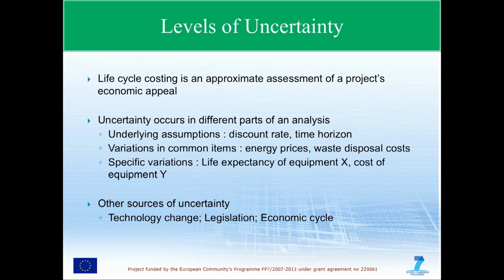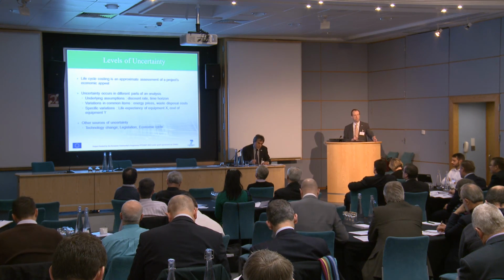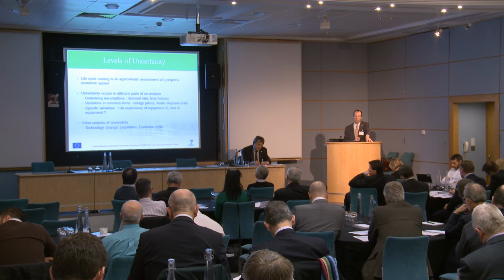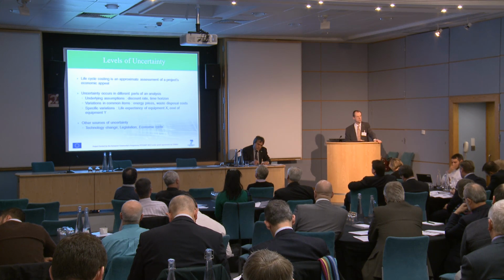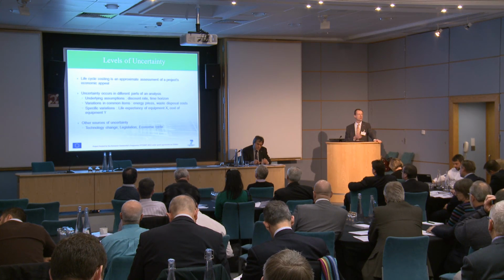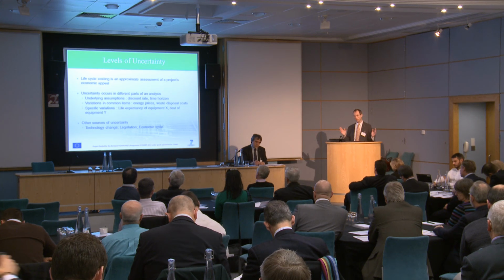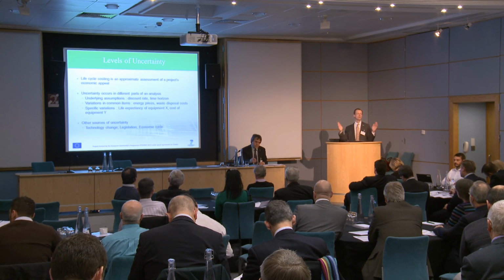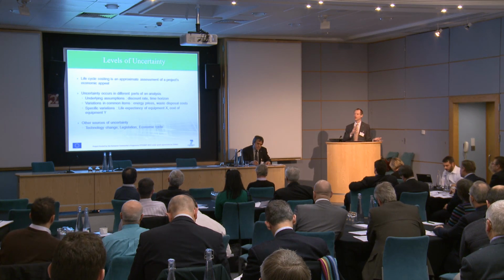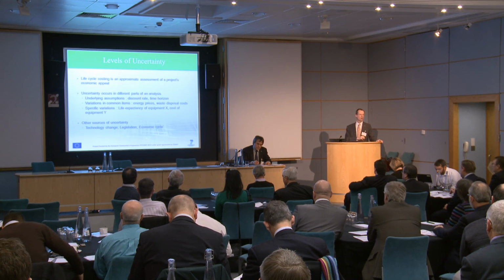We're building these models of how we think particular alternative projects might behave, when the costs are going to arise, how big those costs might be, and how we're going to be discounting those costs over time. And we can have uncertainty anywhere. It may be that we're not so sure about our discount rate. It may be that we're not so sure about how long this study period is. You start changing the study period, and obviously some activities might drop off the end of your analysis. That's very helpful if you want to reduce your costs in terms of comparing one alternative with another. But of course you need to make sure that you're still comparing like with like.